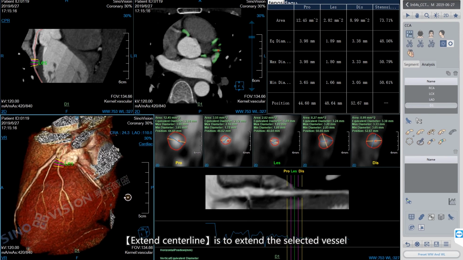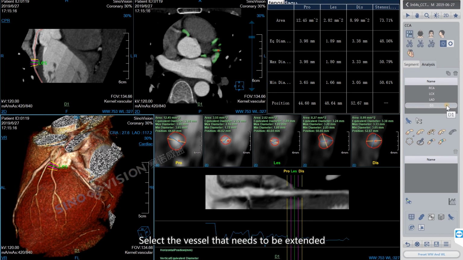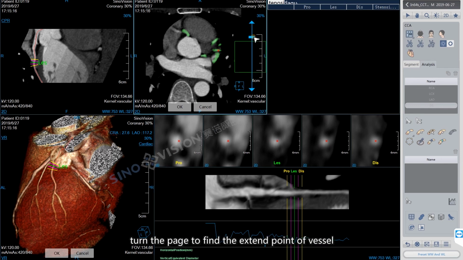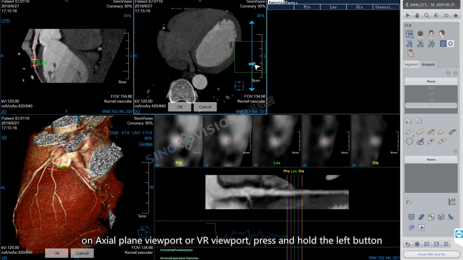Extend Center Line is to extend the selected vessel. Select the vessel that needs to be extended. Click the Extend Center Line button. Turn the page to find the Extend Point of Vessel on Axial Plane Viewport or